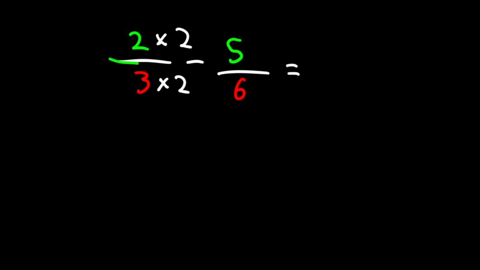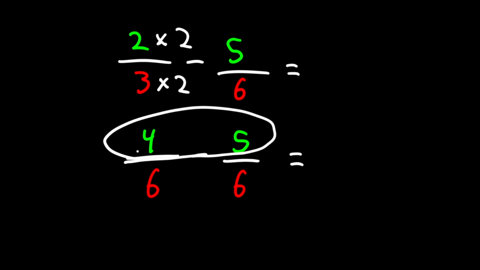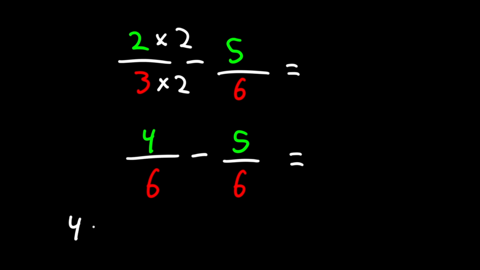What we have now is 4 over 6 minus 5 over 6. It turns out that the answer is going to be negative. So what we're going to do is the same thing as always. We're going to subtract the numerators. 4 minus 5